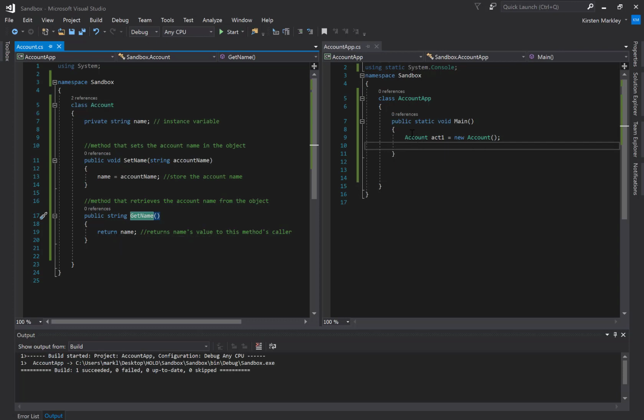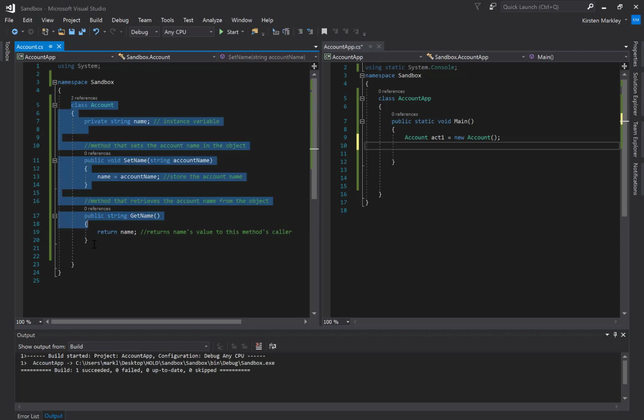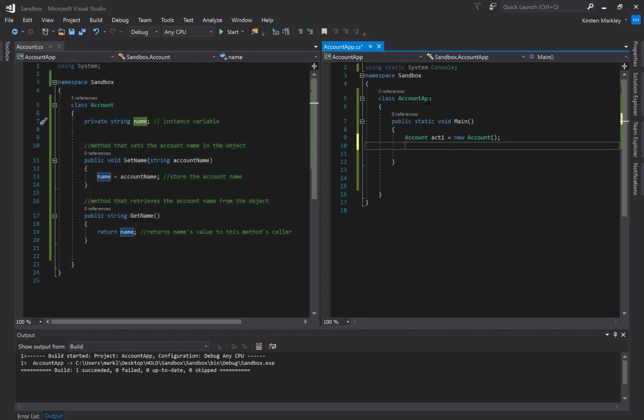All right, so in this test application, AccountApp, I've created an instance variable called account1. And so let's see these private and public access modifiers in motion. First of all, let's acknowledge the private access modifier. By being private, as the programmer, what I'm saying is that this variable name is only available to the Account class. So in other words, if I were to try to access this variable from this AccountApp class,